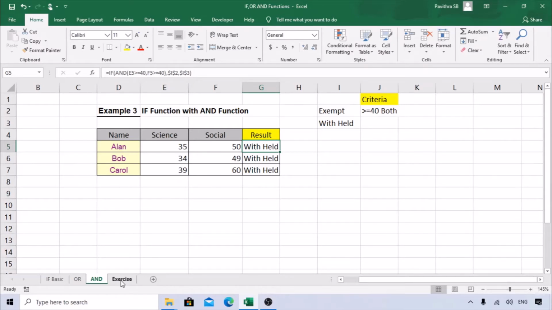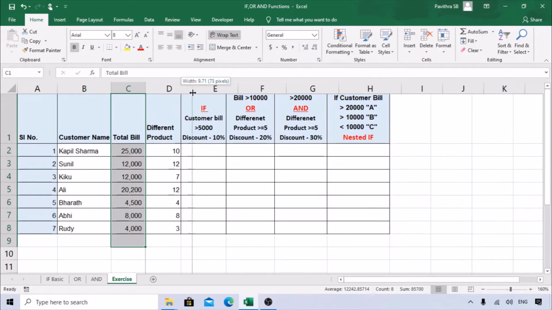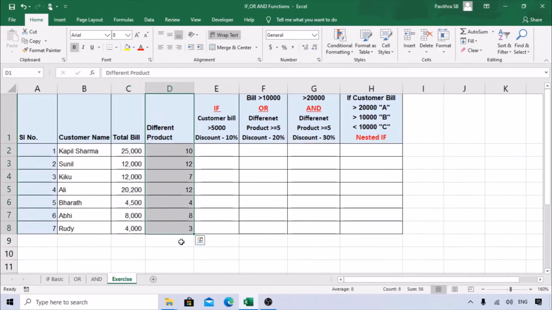Let's do one more exercise. We have a customer name, total bills, and the different products they have purchased. One person has a total bill of 25,000 and has purchased 10 products. The vendor is giving some discount to particular customers based on criteria.